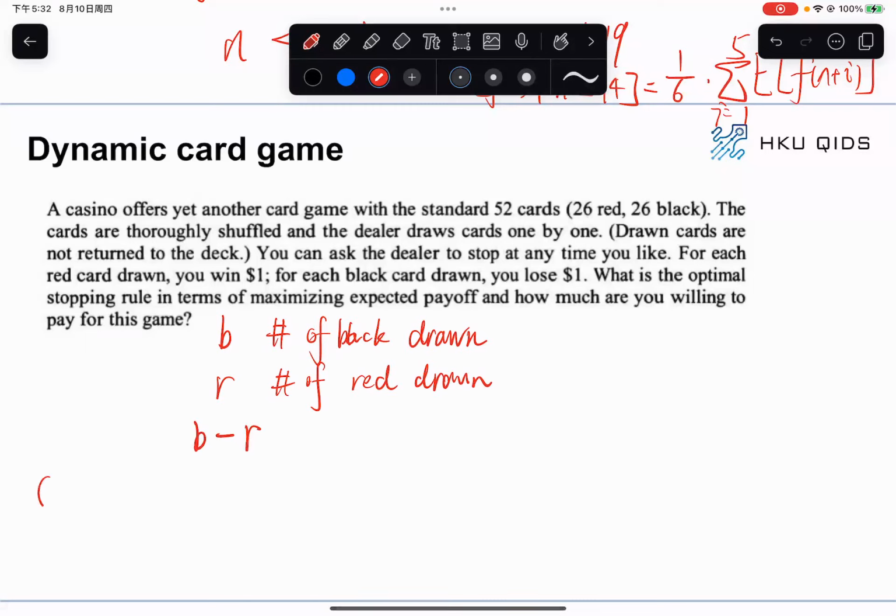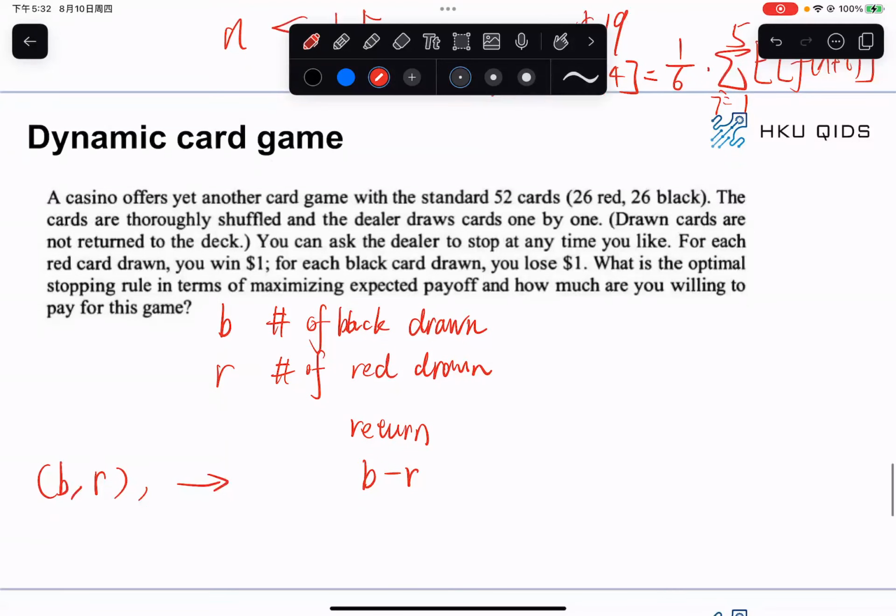So if we stop at (B, R), our return is going to be R minus B. But if we continue, then we have B over B plus R probability